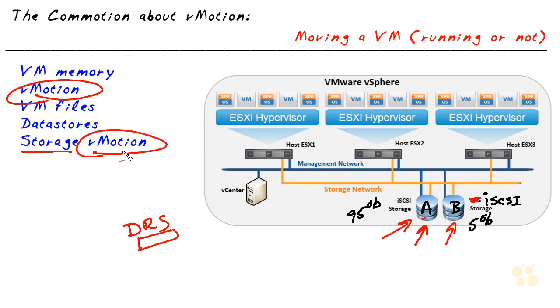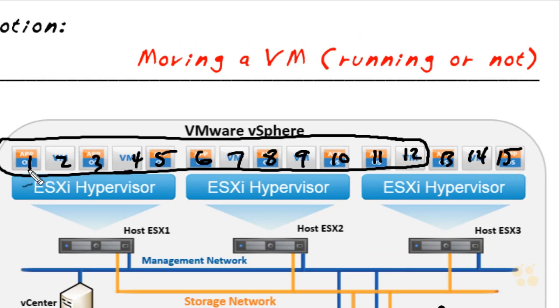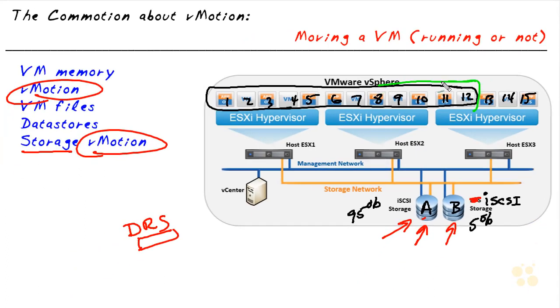It's virtually transparent to the end users who are using that system. And storage vMotion is moving the files for a virtual machine from one data store to another. And it can also be done while the virtual machine is running, and it can also be virtually transparent to anyone using that system. So as an example, let's say we have these 15 virtual machines that are all running across multiple ESXi hosts, and these first 12 are all using data store A. Using storage vMotion, we could identify that we want to take, let's say, 7 through 12, and we could